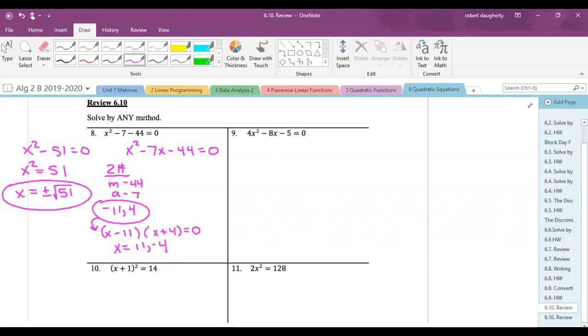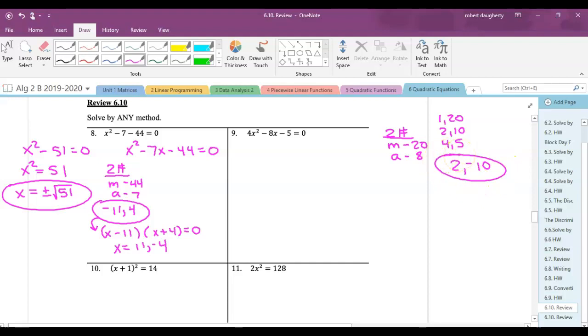The next one. Okay, so let's look and see about this. I prefer to factor if it can factor first. You could just go straight to the quadratic formula, it doesn't matter. Let's see if I can factor it. Are there two numbers that multiply to negative 20 and add to negative 8? So what are the factors of 20? 1 and 20, 2 and 10, 4 and 5, 5 and 4, then I start repeating. Is there any way to combine these numbers and get a negative 8? It looks like if I had a positive 2 and a negative 10, those numbers multiply to negative 20 and